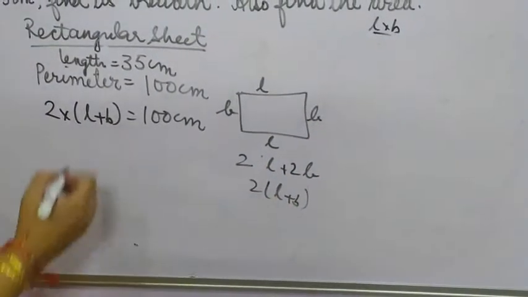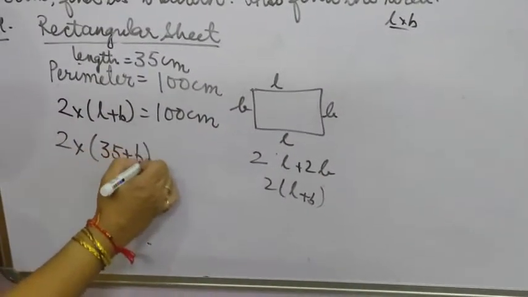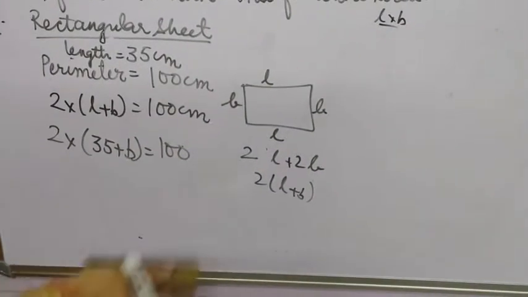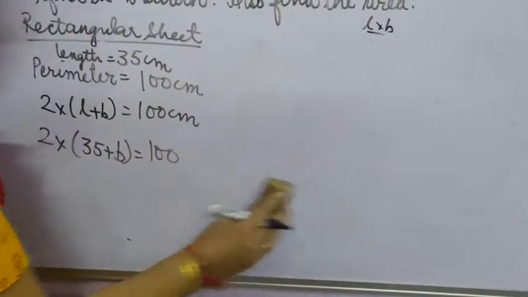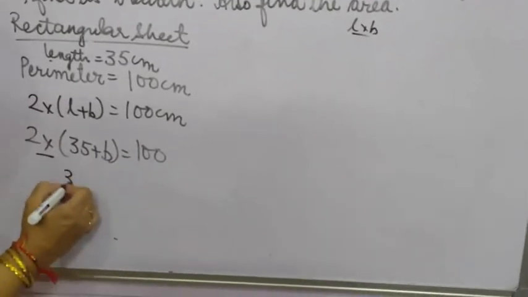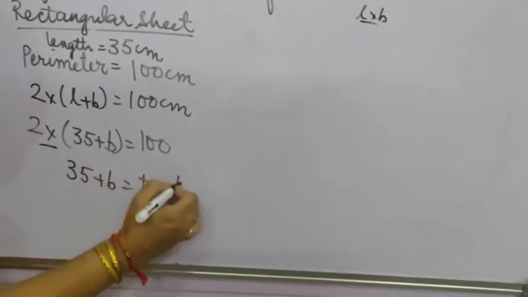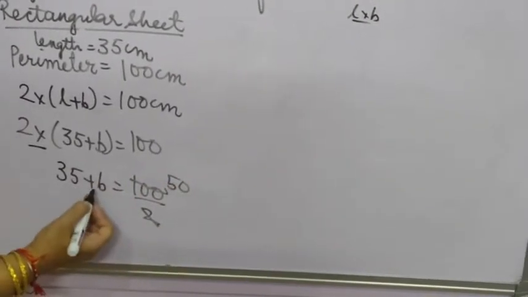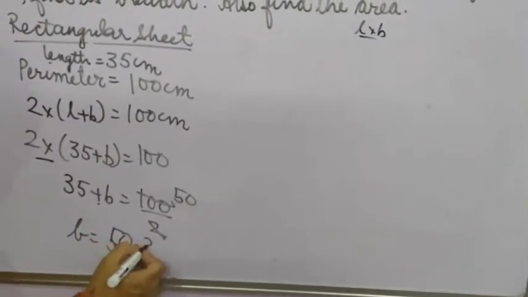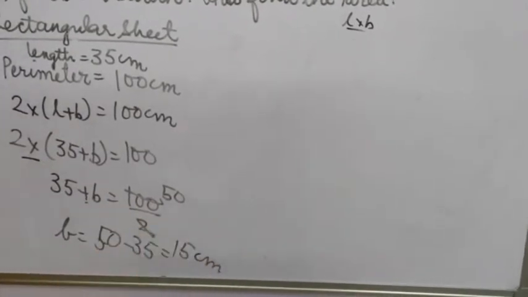So the formula comes out to be, when we add all these 4 sides, 2L plus 2B, so 2 into L plus B. So 2 multiply length is 35 and we don't know breadth, let it be B only, and if you want you can suppose it to be X. It is your wish. Now this 2 is in multiplication. When it will go that side, it will be in division. So it will be 100 upon 2 means 50. Now 35 is in addition. When it will go that side, it will be subtracted. So breadth comes out to be 15 centimeter.